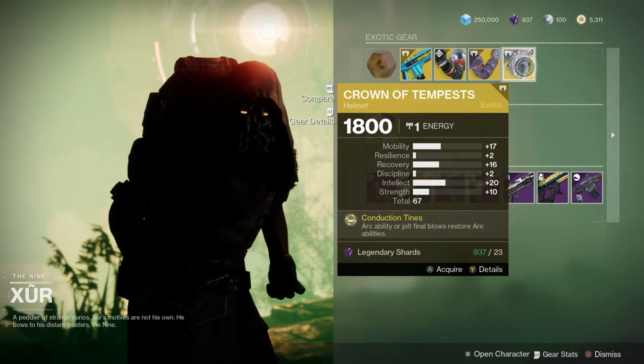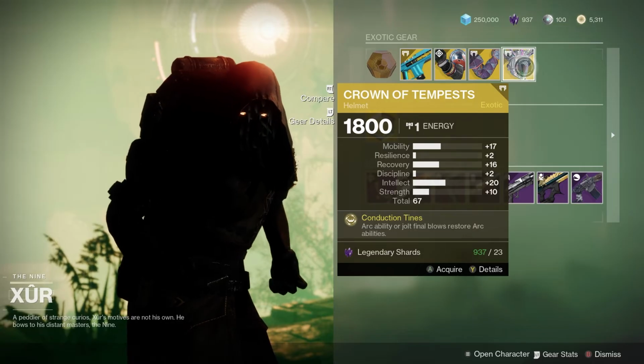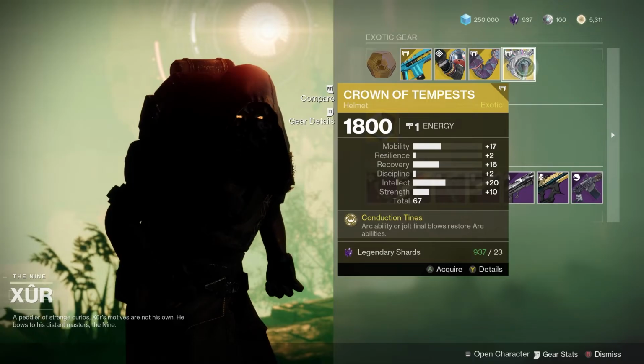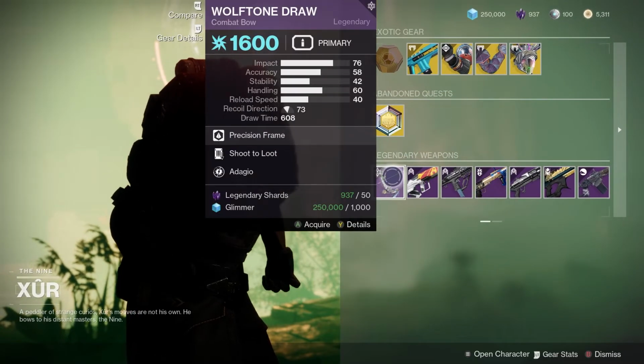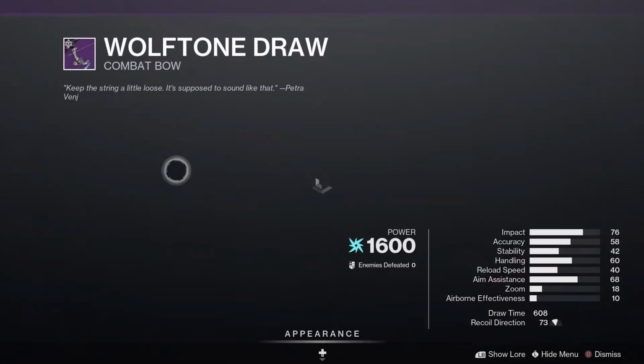He has a set inventory for the weekend. However, you can purchase an exotic engram from Zur and he'll give you a random drop. Plus, this has drop protection, meaning he will hopefully give you new stuff. You can also check out what you have by inspecting his inventory, and some good items from Zur include Graviton